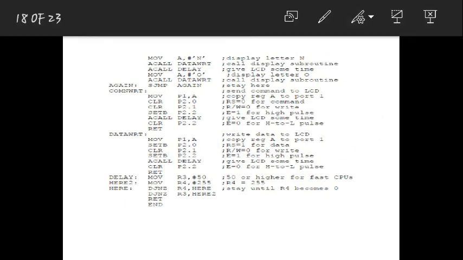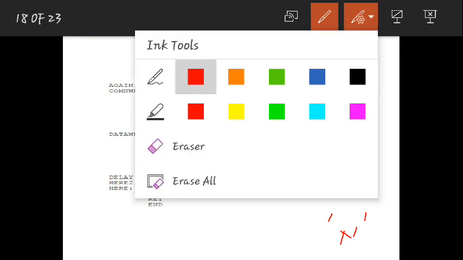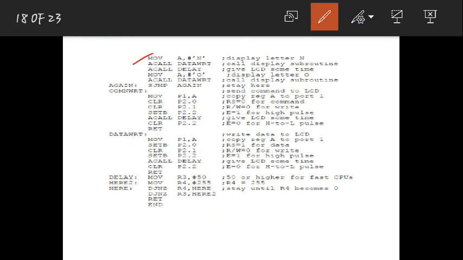See, this is the data that you are giving. The data that you are giving is N. I said NO should be written on your LCD. So MOV A, #'N'. If you write an ASCII value, it is always represented between these inverted commas. Okay, so in this way you need to write. So this line is nothing but you are displaying the letter N. Just after writing this line, it won't display on the LCD. You are just sending this to A.